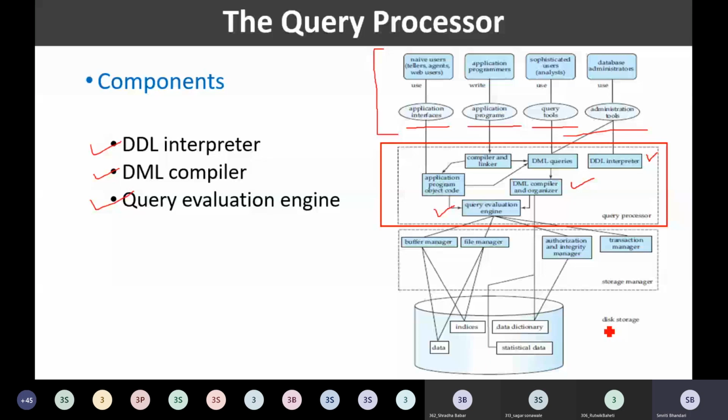Oracle has a similar kind of database structure. DB2 has a similar kind of database architecture. MySQL has its own database system architecture. But the main components required for designing a database management system are the ones we have discussed so far. I hope you have understood. If you have any doubts, please let me know.